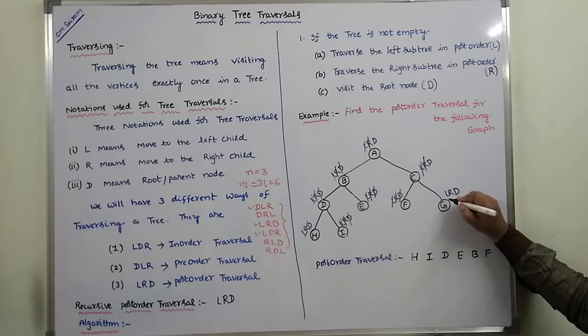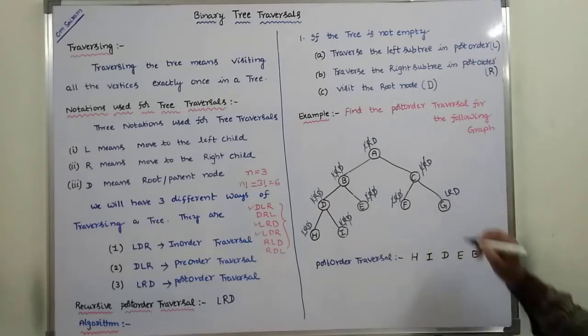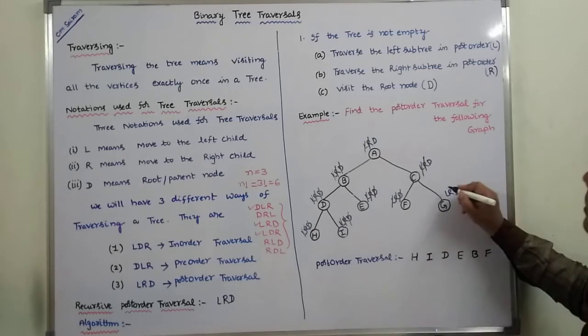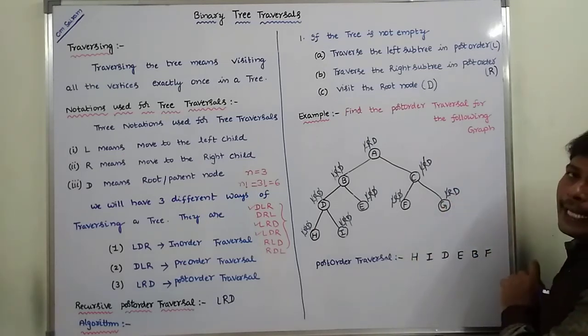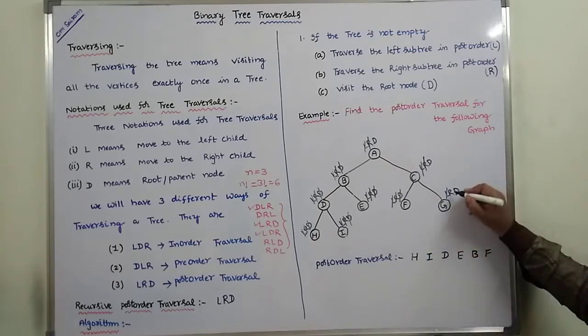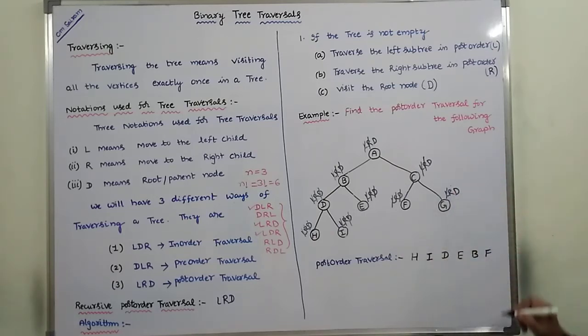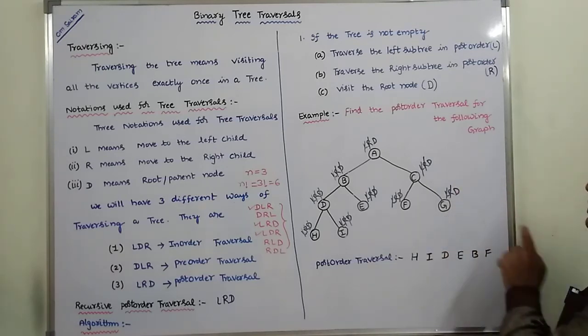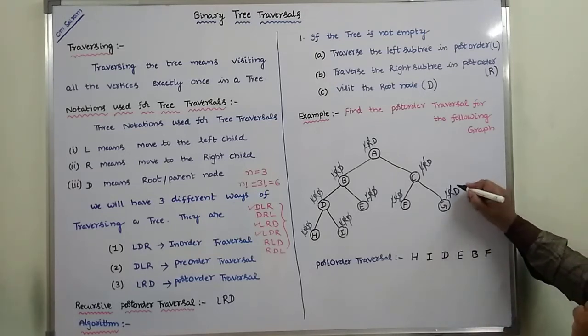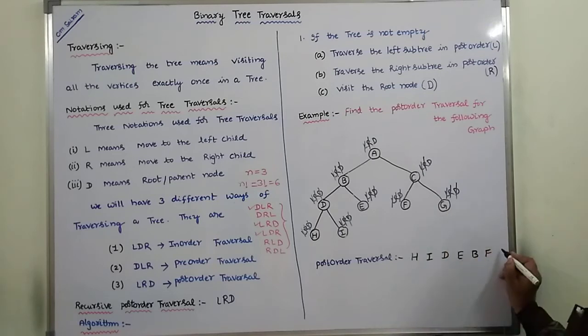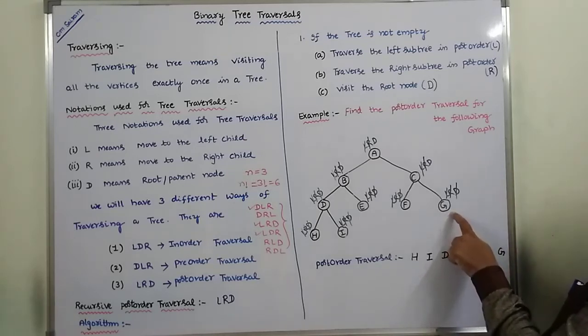First letter L. L means traverse the left subtree of G in post order fashion. Strike out L and go to the left subtree. There are no nodes there. Next letters R, D. R means traverse the right subtree in post order fashion. Strike out R and go to the right subtree. There are no nodes in the right subtree. Next D is there. Strike out D. D means visit that node. Node G is visited. At G, 3 letters are completed.